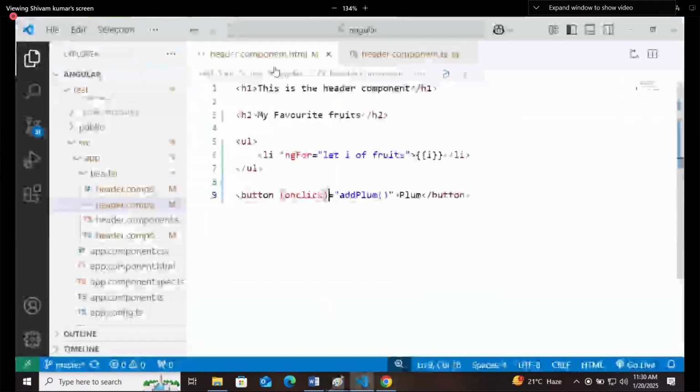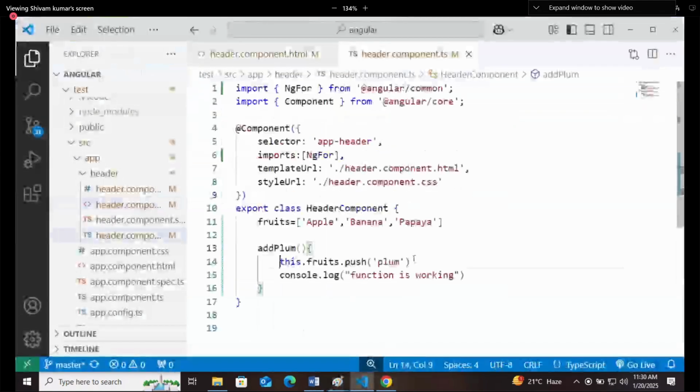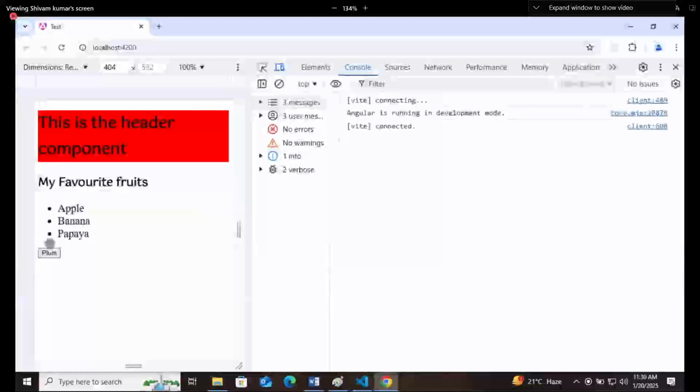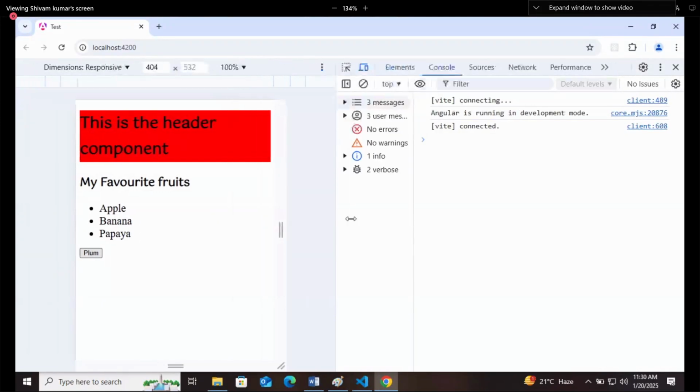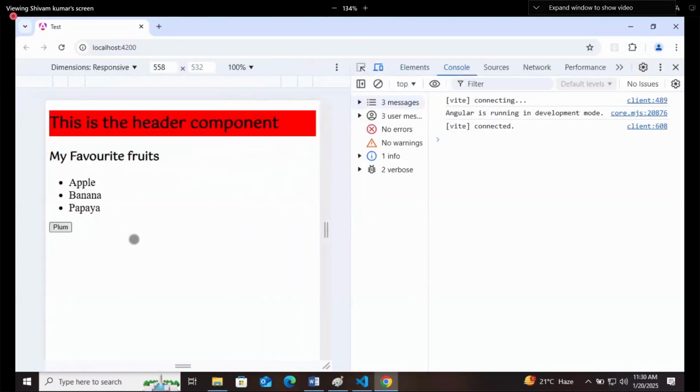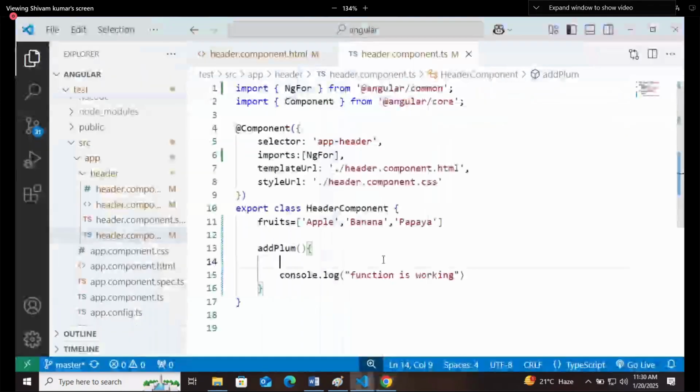Let's say I'm not pushing anything into the array. I'm just directly printing function is working. Now it should show me that function is working, right? And we did this in event binding.